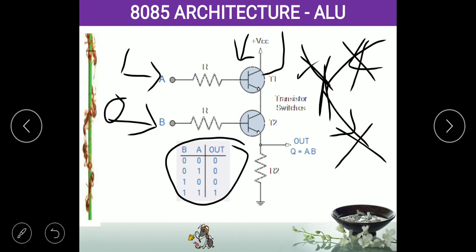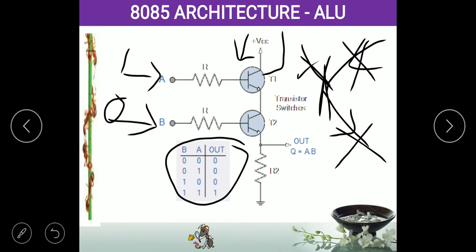The computer doesn't know what is an AND gate or OR gate, but the combination and connection of these transistors give the result of the AND gate or OR gate. Inside the processor, as we already discussed, there are 62,000 transistors. Among those 62,000 transistors, 2 transistors are used for the AND gate only. If you give 0, 0, it will give 0. If you give 0, 1 or 1, 0, it will give 0. If you give 1 and 1, it will give the output as 1 only because of the connection methodology.